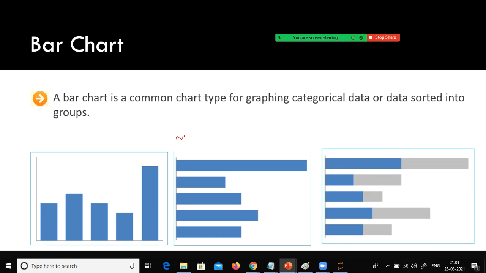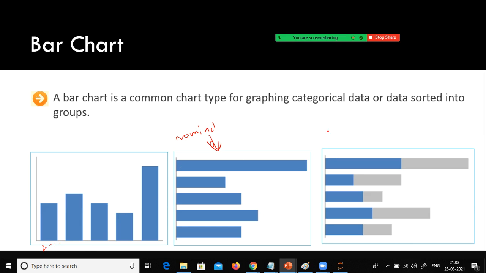If you are using a nominal variable, usually we use the horizontal bar, especially if the value you are plotting, the categorical value or the category, like north region, south region, east region, west region, northeast. In that case, if the text value is too big, we use a horizontal chart. If the text value is not too big, we will use a vertical chart.